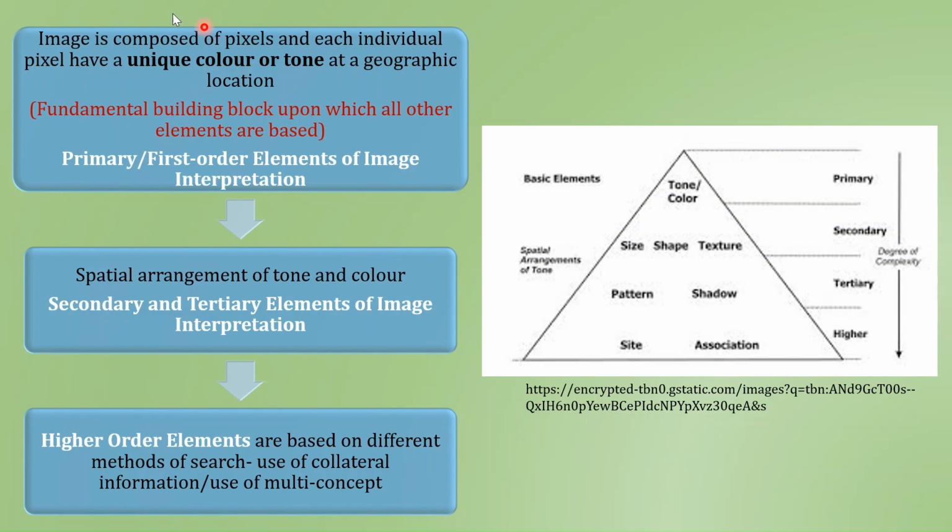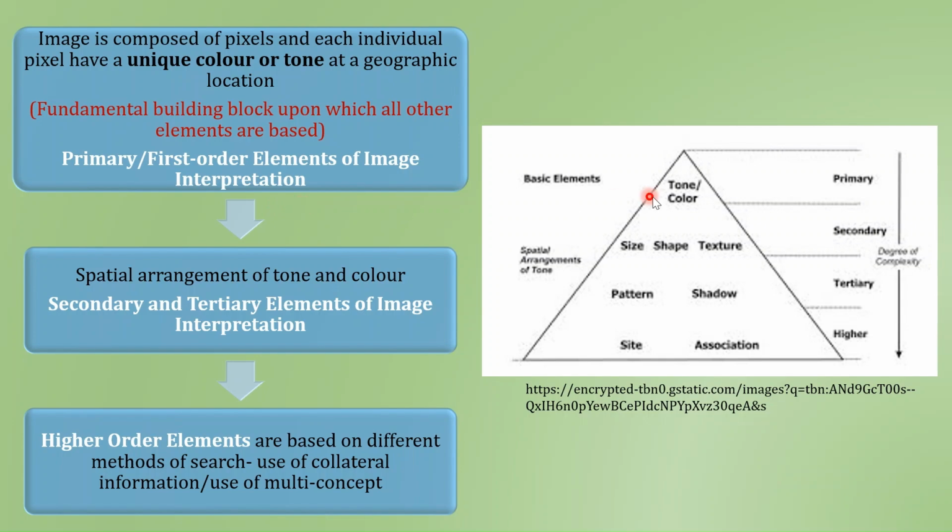Any image is made up of pixels and each individual pixel has a unique color or tone at a particular location. This tone or color is the fundamental building block upon which all other elements are based. So this tone or color is referred to as the primary or first order element of the